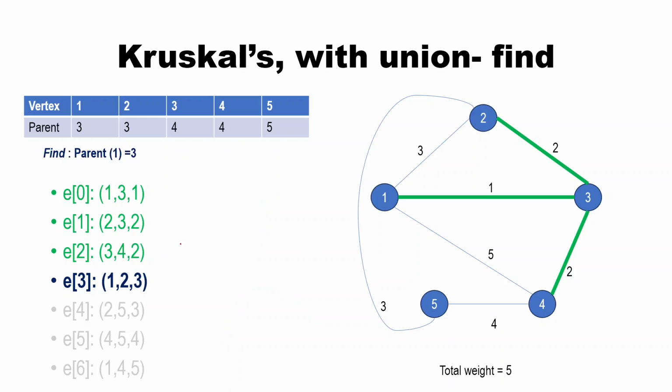So therefore, find will perform parent of 1 equal to 3, but parent of 3 is equal to 4, and parent of 4 equal to 4. Even in the previous slides, when we did, let's say, parent of 1 is 3, implicitly there is one more step like parent of 3 is 3. So similarly here, parent of 1 is 3, parent of 3 is 4, and parent of 4 is 4. So what do you have to do? We perform something called path compression. So what happens is instead of having this complete hierarchy,